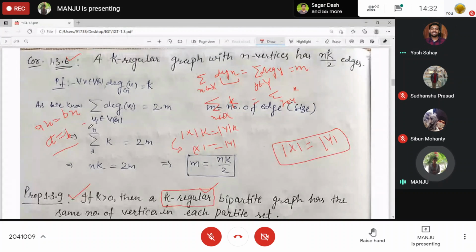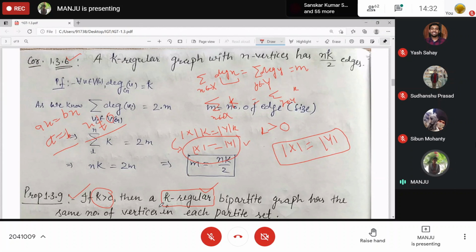If x is not equal to 0, then you can say that. And here also, k is not equal to 0, and what is given about k? k is greater than 0. So obviously, that's why we can conclude this one.